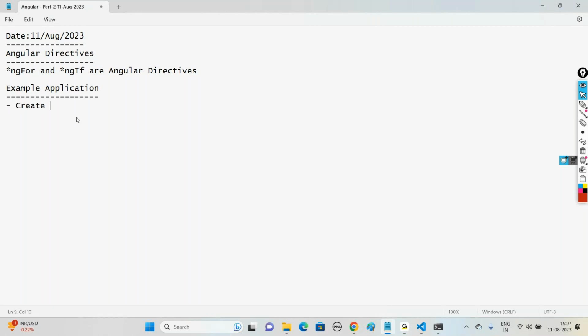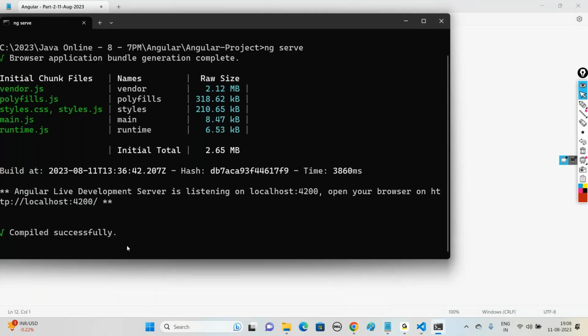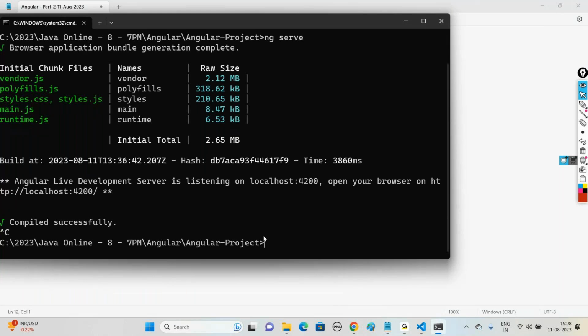Create a new component, address. At your prompt, how to create a component is ng generate component address. What command do we have to use to create a new component? ng generate component address. Now let me show this. Terminate the compilation with Control C. Whenever you want to create a new component, use the command ng generate component address. Press the enter key,